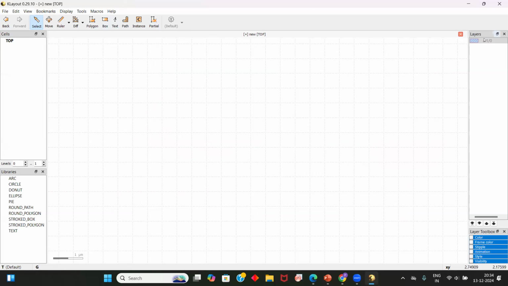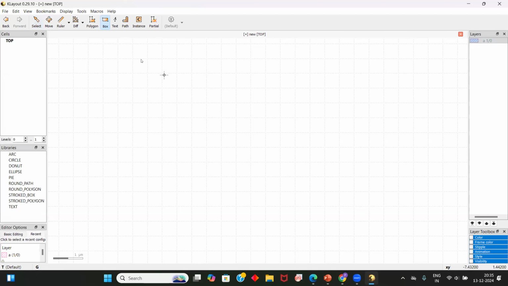So this is the layer one. We have already seen that in this right corner, we can create the multiple layers and over which we can create the multiple structures. So in this section, initially we have seen that we have the one layer, that is the layer one in which we are working. Suppose I am creating the box like this. This is the box one. It is here in the layer one,